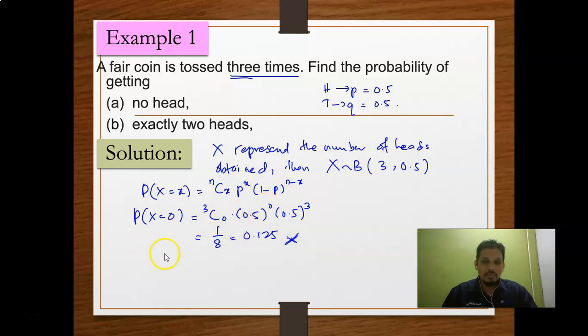After this, we will refer to this statistical table, which I think all of you have one copy each. So we will refer to this after this. Okay, now